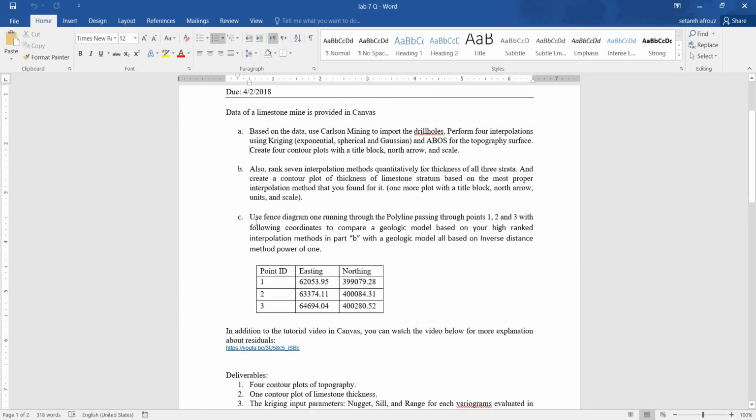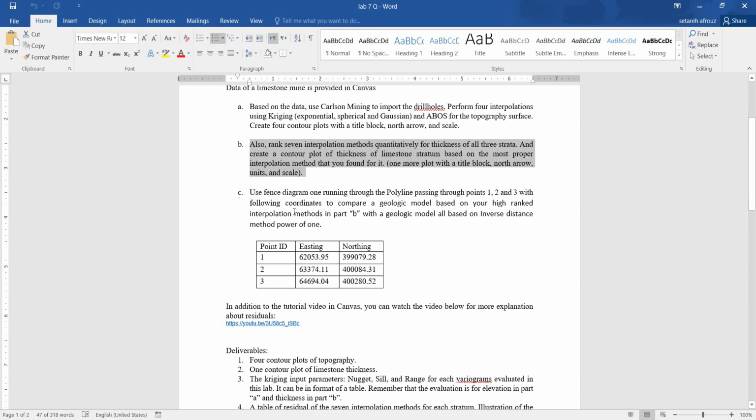So it says that, right now, based off that, you create maps. So, based off the grid files, because the grid files are already saved, you create for each of the best ones, for the limestone stratum, for example for ABOS, for thickness of that, you create a grid based on the thickness, and you'll make a plot out of this. So you'll do this part, and then we'll move to the fence diagram. Alright,